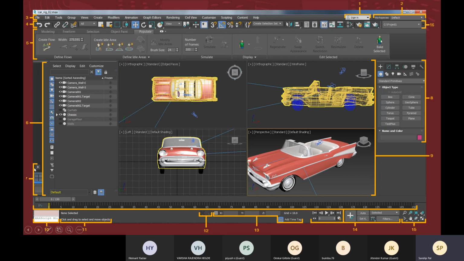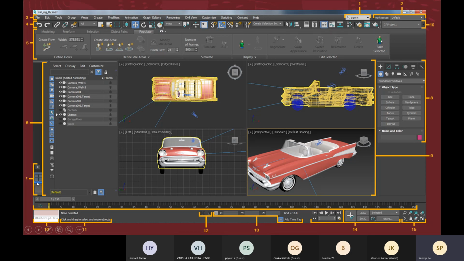Next is your 7. This is your viewport layout. This number 9, these 4 views together, are called your viewport. You already know that in AutoCAD and Revit you also have a viewport.